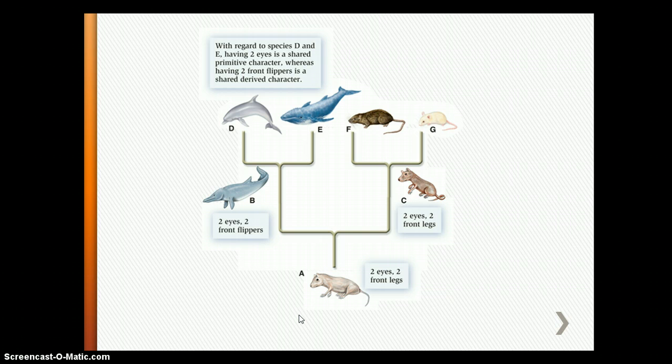And if you go to the right, the rat-like animal still has 2 eyes and still has 2 front legs, and that continues through F and G. However, if you look at B, which is similar to a dolphin, it has 2 eyes and 2 front flippers. So when you talk about species D and E, which are whales and dolphins,